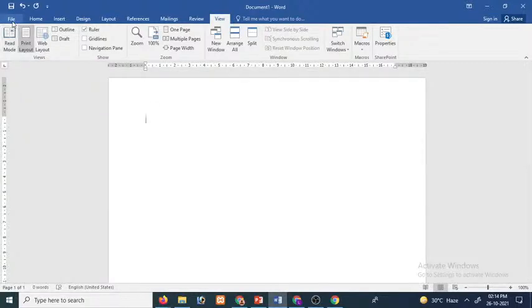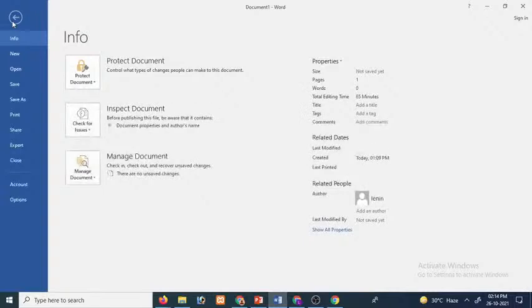If you click on File, you will be taken to the backstage view. This is called the backstage view. It will take you to the other side, which is considered to be a backstage, and that's why the name says backstage view. Here you will be able to see the